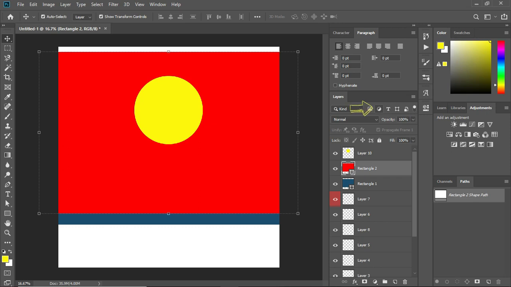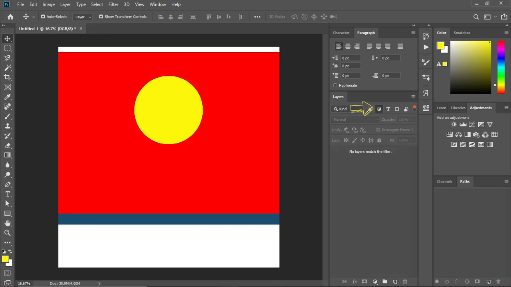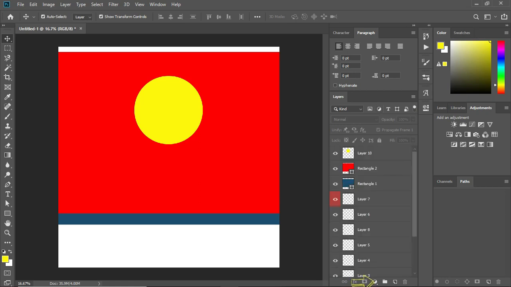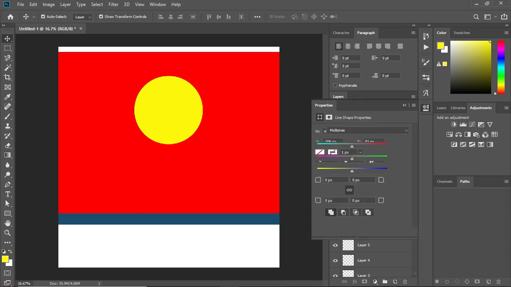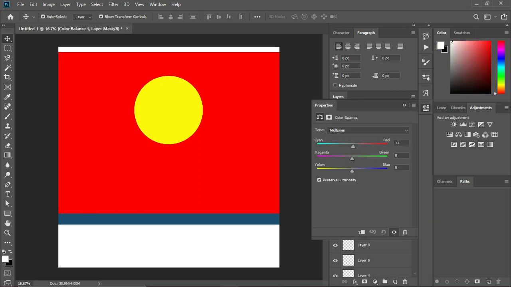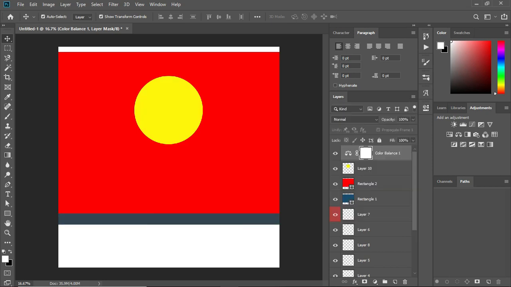So this one is for adjustment layers. Let me say it's not visible right now because I've not created any adjustment layer. So I'm going to come here and click on my adjustment layer, like color balance, so I can choose how I want the color to be. Okay, mind you, I can easily